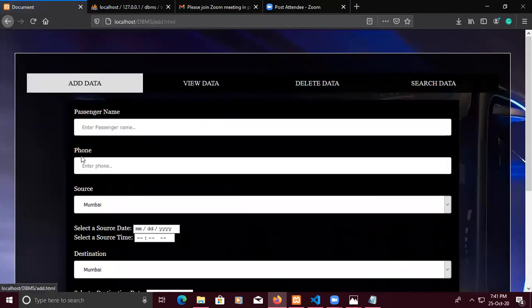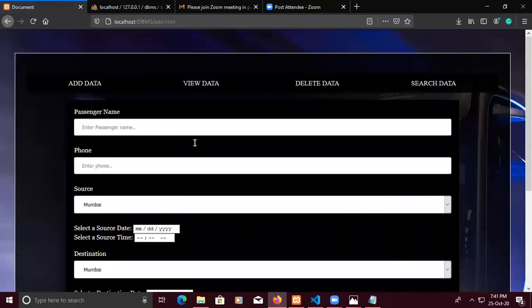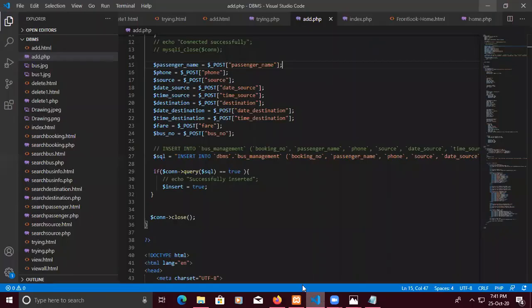Now these all have been done, and let's check what I have made in the backend. In the backend I have used an SQL database.